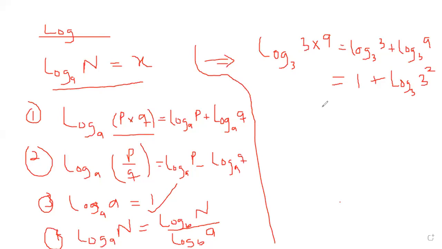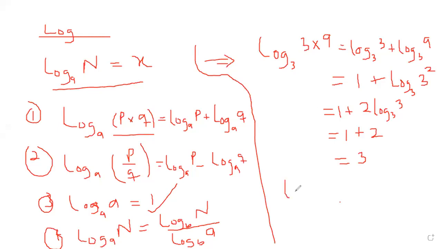But this can be re-expressed as 1 plus 2 log of 3 to the base 3. So we know from the rule that log 3 to the base 3 is 1. So we have 1 plus 2. And the final answer is equal to what? 3. Now, another way to cross-check this is